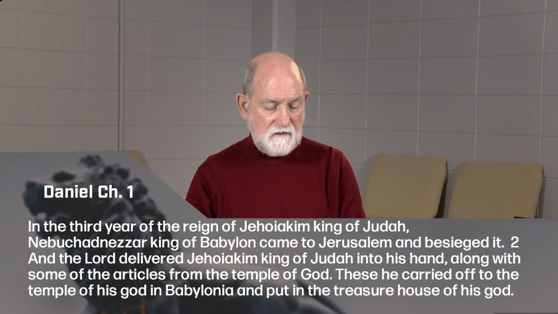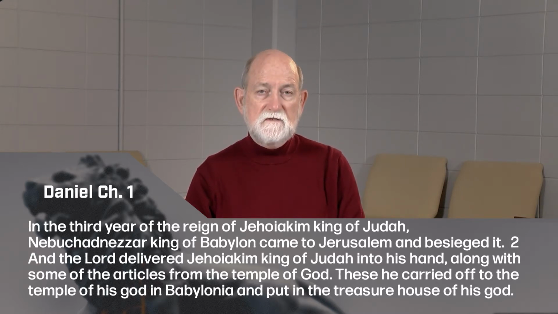So this is Daniel, the first chapter, and I'm reading from the New International Version if you want to get your Bible and read along with me. We start in chapter 1, verse 1. In the 3rd year of the reign of Jehoiakim, king of Judah, Nebuchadnezzar, king of Babylon, came to Jerusalem and besieged it. And the Lord delivered Jehoiakim, king of Judah, into his hands, along with some of the articles from the temple of God. These he carried off to the temple of his God in Babylonia and put in the